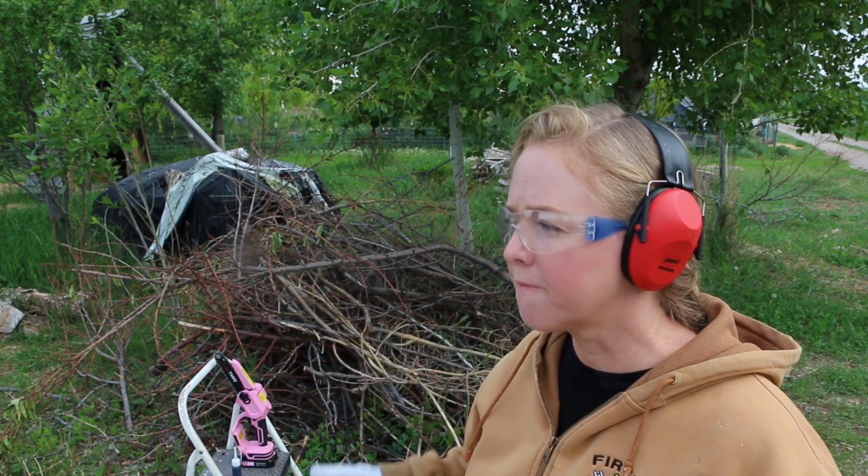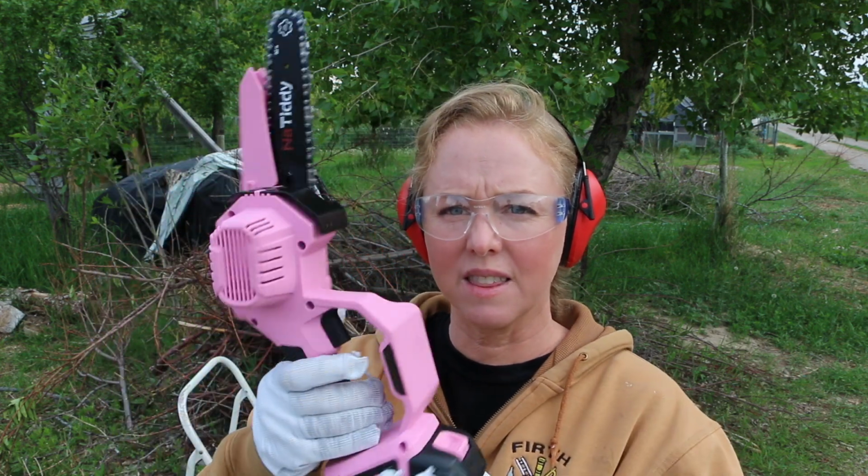But anyway, we are in front of one of my branch piles. These are just the small branches that most big, tough, strong men would leave in the forest to be burned by the Forest Service. But for me, being not a big, tough, strong man, I don't want to waste these. We use them for running through a wood chipper when we can rent one, but they also make fantastic kindling. When they're green, it's really easy to use loppers, hand tools, to cut these down to size. But once they dry out, they're brittle and it's hard to get them to cut with hand loppers. What I want to do is see if I can get this tool to cut things down into a more manageable size,